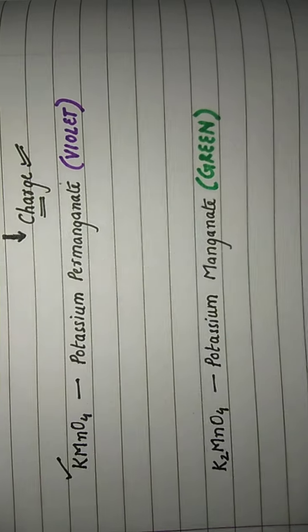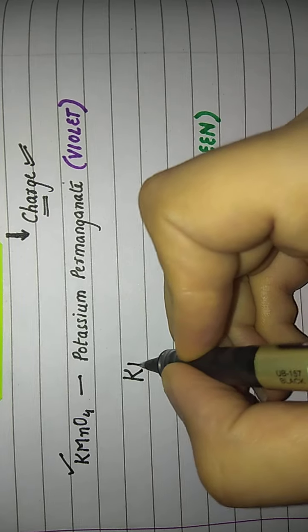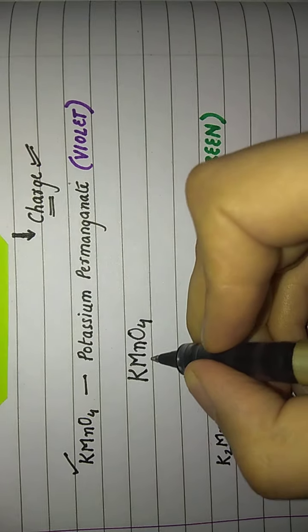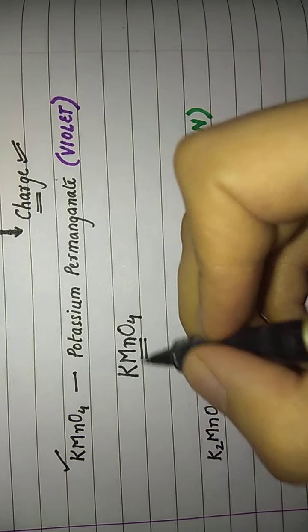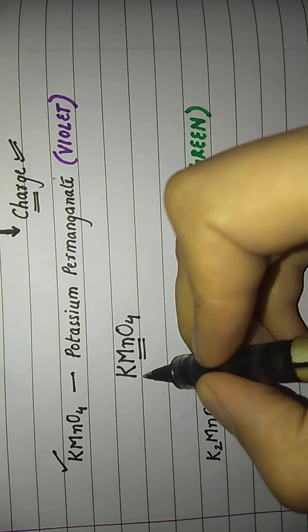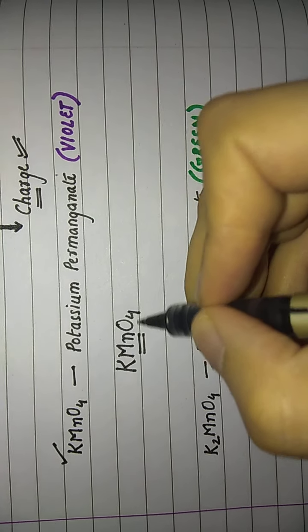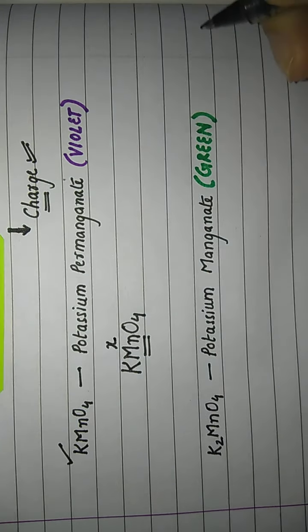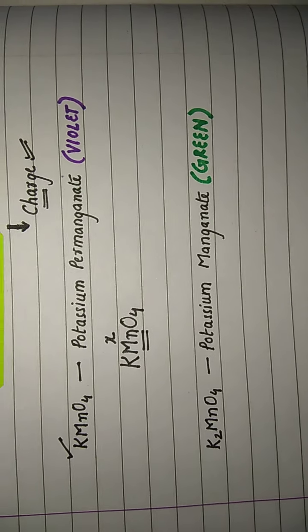The first example that I am taking here is KMnO4, potassium permanganate, which you know is a violet colored compound. Now, for example, I say in KMnO4, I need to calculate the oxidation state of the atom manganese. Potassium permanganate is made up of potassium, manganese and oxygen atoms. There is only one atom of potassium, one atom of manganese and 4 atoms of oxygen. Now I want to calculate the oxidation state of the manganese atom in this particular compound. So how am I going to calculate that?